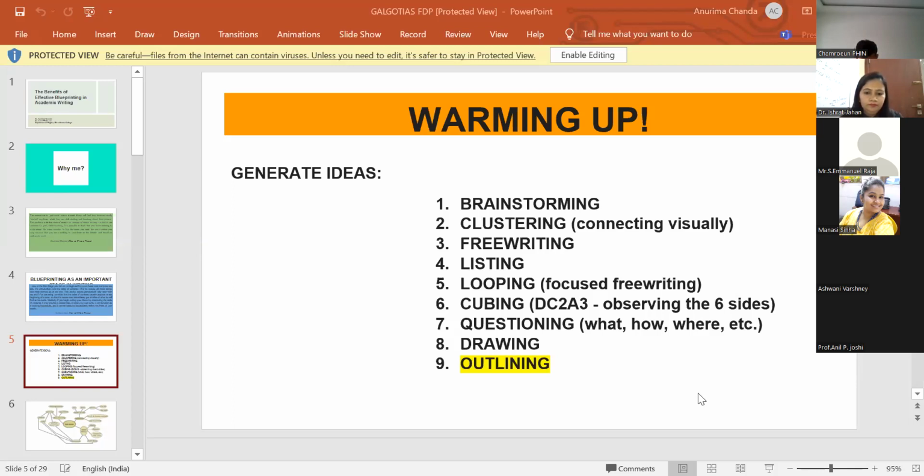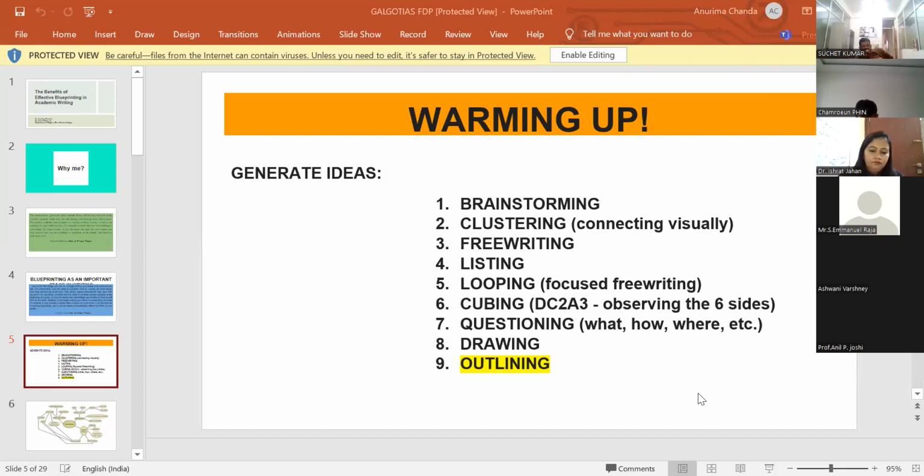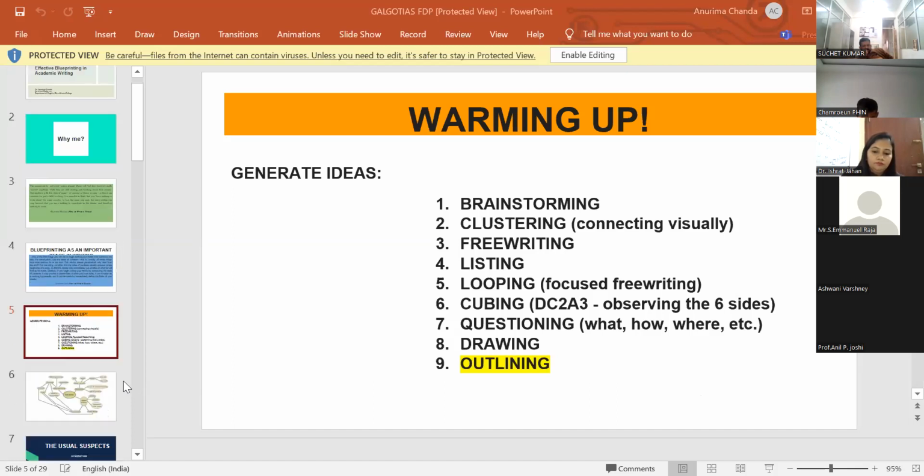Sorry. So then finally coming to outlining. And like I was saying, this is the major thrust. I find outlining very, very helpful. And while we are coming to outlining, these various methods that I discussed with all of you do not need to be exclusive of each other. All of them can come together while you are doing your outlining. How does this outlining work? Or rather, how do I go about it?